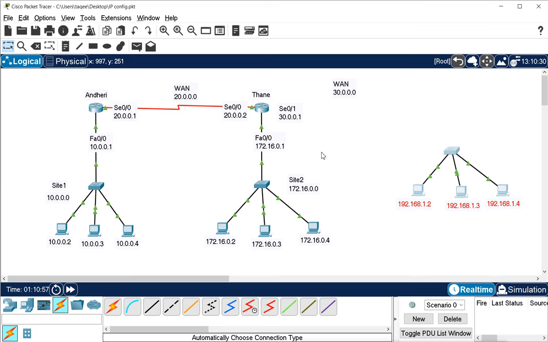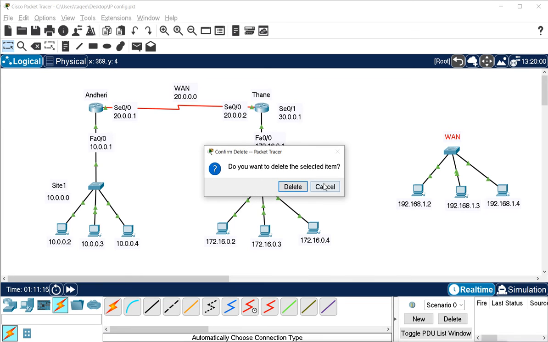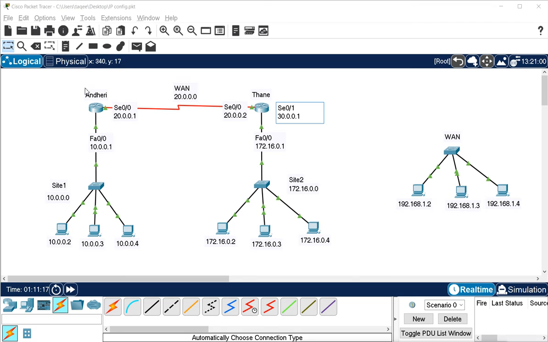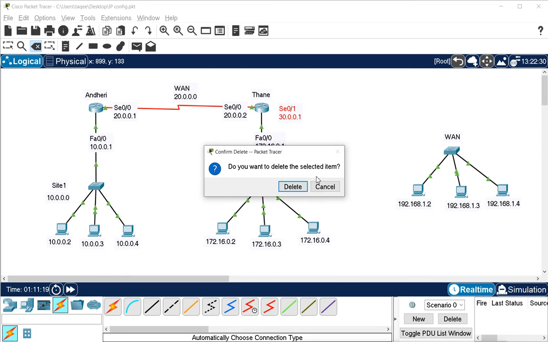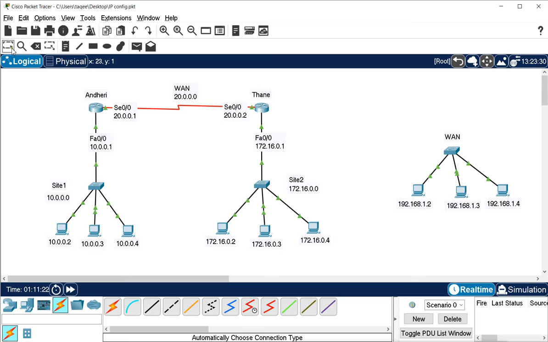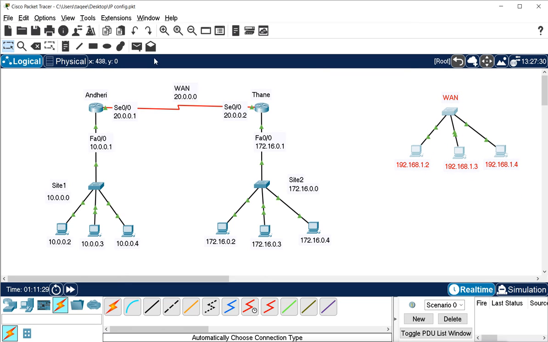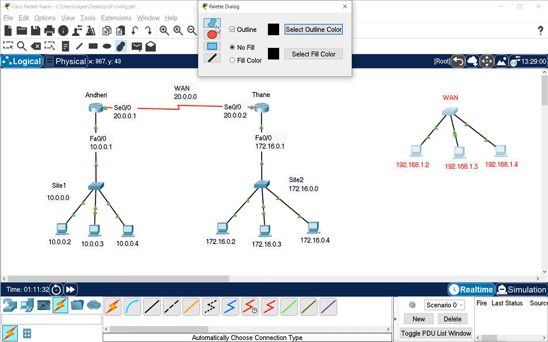Let's say this one we take as a WAN. Like we can assume that this one is a WAN network. Let me add it into the cloud. We can make a design also.